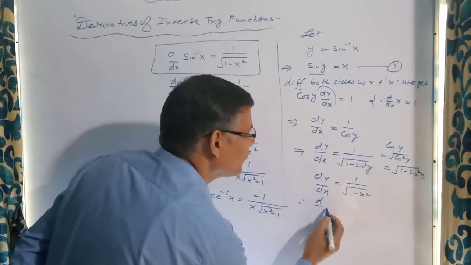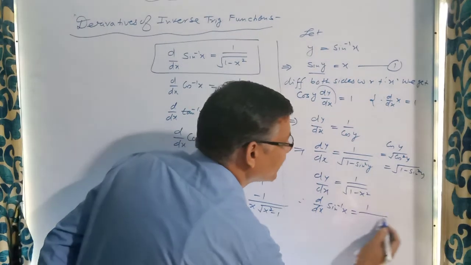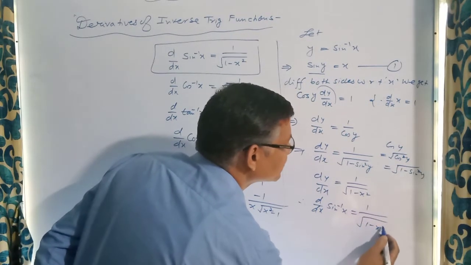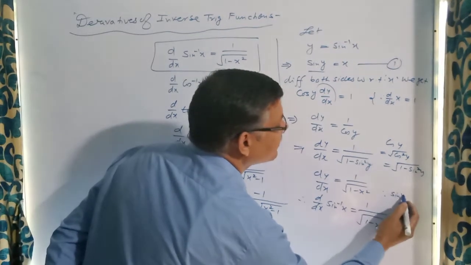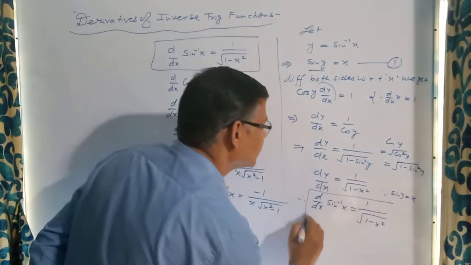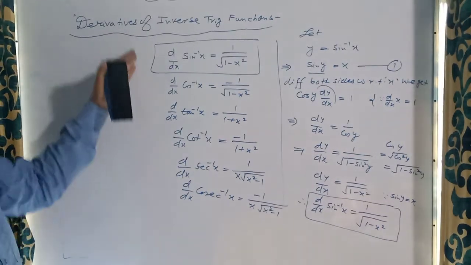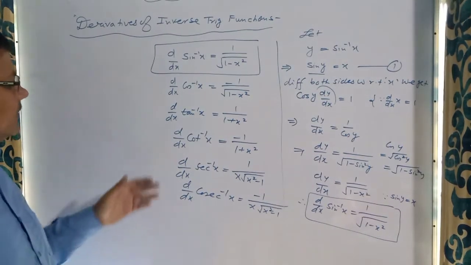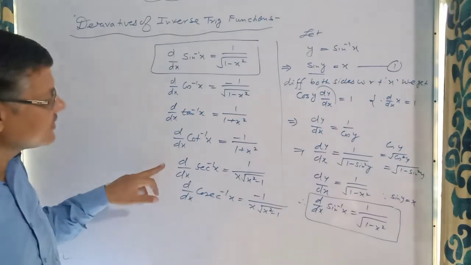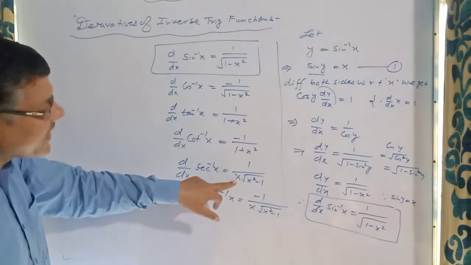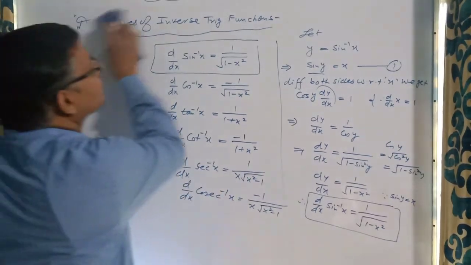And what is y? y is sine inverse x, so the derivative of sine inverse x is 1 by root over 1 minus x square, since sine y is equal to x. This is your derivation of formula number 1, and similar is the derivation for the other formulas. Here, in the last two, we are supposed to divide in quadrants. So this is the restriction here, that x written outside of the root is always positive. Now let's do some questions.